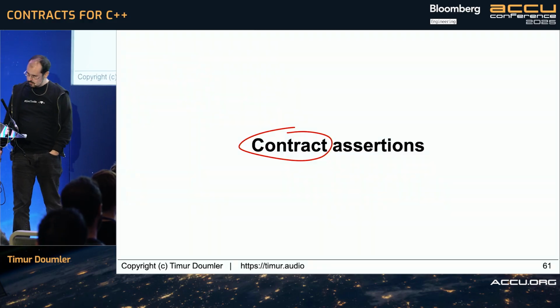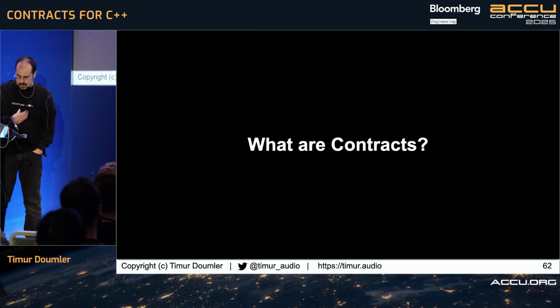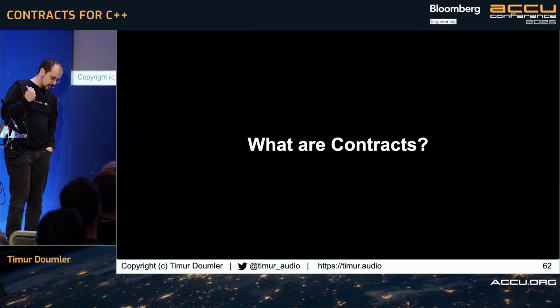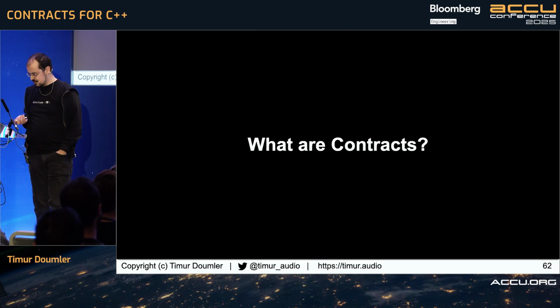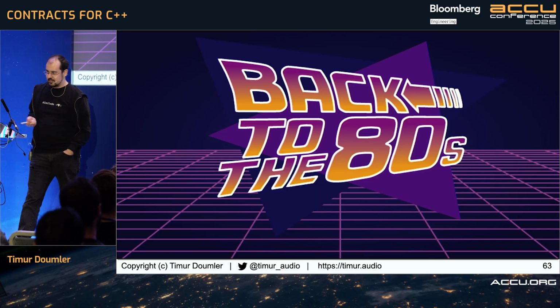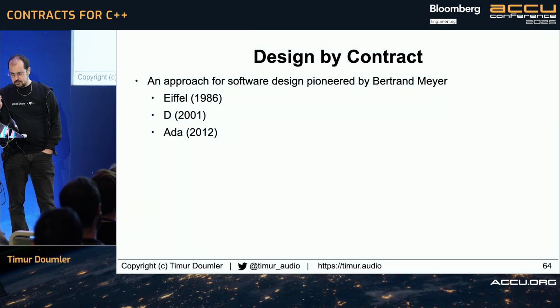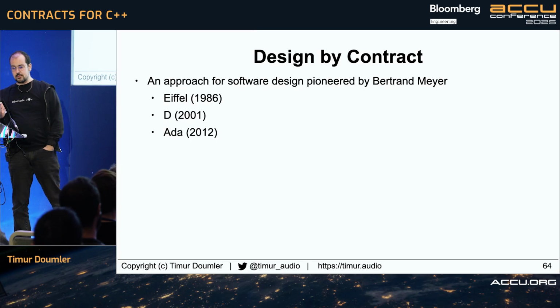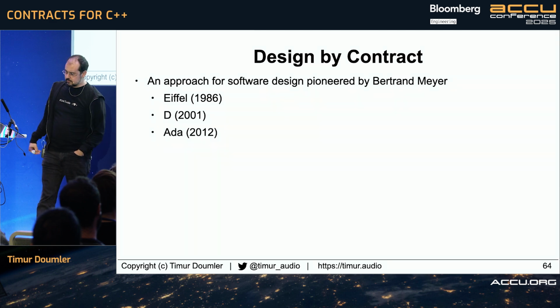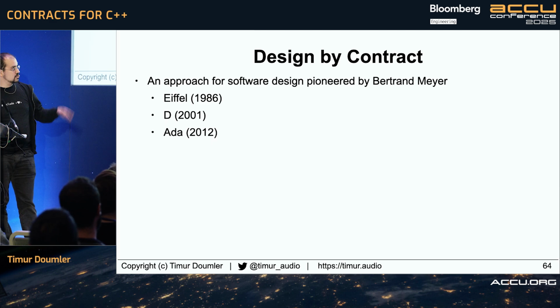And so what are actually contracts? Not contract assertions, but contracts. This feels like it's kind of an important part of the puzzle here. So in order to answer that, we need to go back to the 80s, which is where this was invented. Design by contract is an approach for software design pioneered by Bertrand Meyer in the 80s, and first implemented in his programming language, Eiffel, in